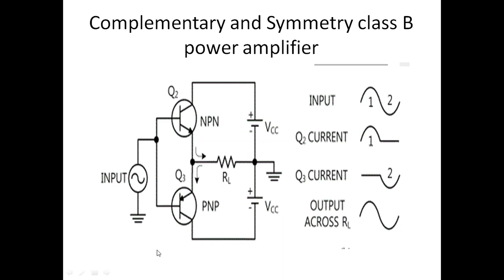During the positive half cycle, the positive signal is applied to the bases of the two transistors. In this case, the emitter and collector are made up of n-type material. Hence, it should be connected to the negative of the battery. Then only the transistor is said to be forward biased.